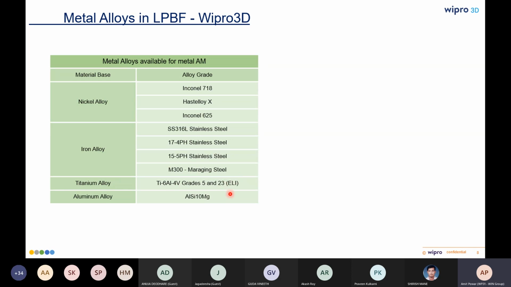Grade 23 is the ELI, extra low interstitial grade, which can be used in medical applications basically. And then there is the aluminum alloy, AlSi10Mg. So basically,